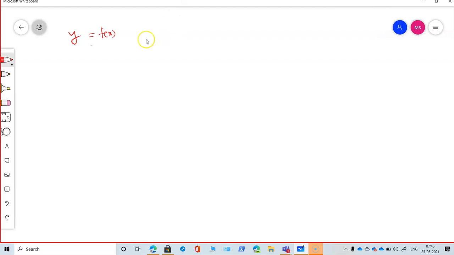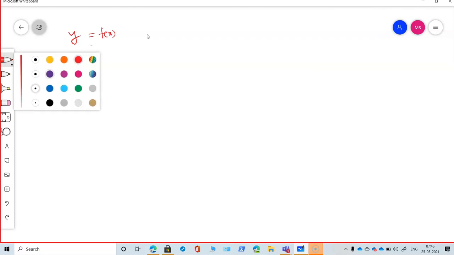Here we will say that if two variables x and y are there in such a manner that to every change in x there is a change in y, then y is said to be a function of x. This definition is more practical here in physics. So here y is a function of x. To every change in x there will be a change in